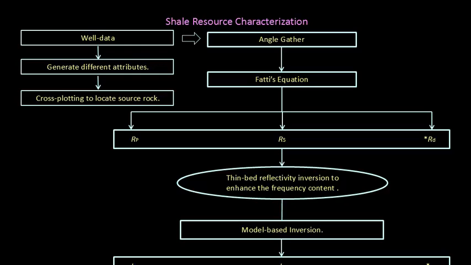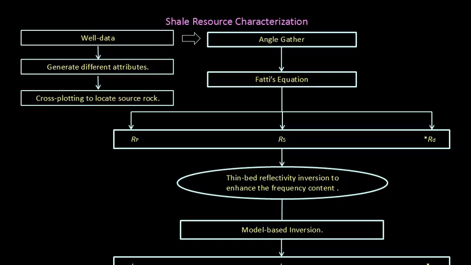Instead of using simultaneous inversion, what we do is we go ahead with the Fatti approximation to the Zoeppritz equations, which we used to do earlier. And the reason is that boosting up the frequency content of the pre-stack data is not an easy job. You can run spectral whitening and then feel happy, yes, you boosted up the frequency content, but then you distort all your amplitudes, and those are diagnostic of many of the parameters that we are trying to determine.